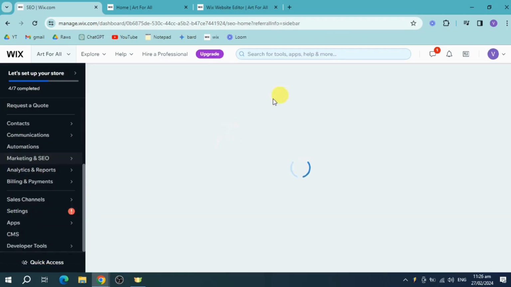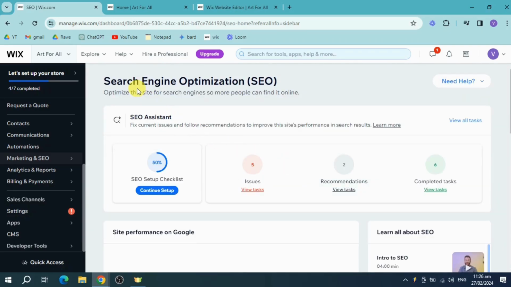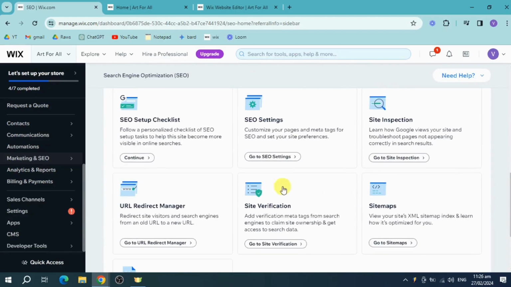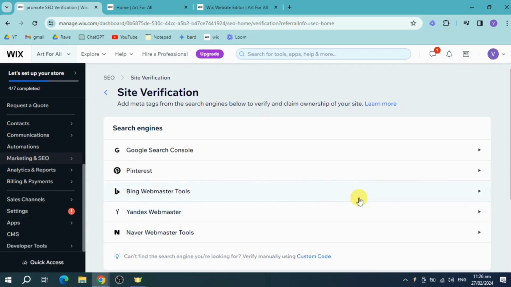And then this will load to this bar right here. Now we have the search engine optimization, the site performance and all of that, site settings. Now what you can do is just click on the site verification. Now click on this Go to Site Verification, and then this will load again, and then you can see here